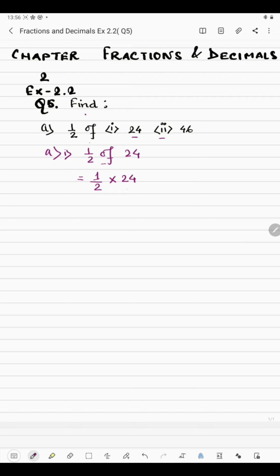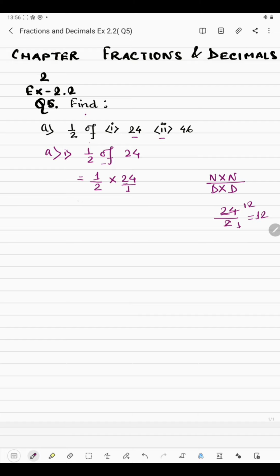Now we can multiply this in two ways. Either we just multiply numerator by numerator and denominator by denominator. Then whatever number comes, like here if you multiply numerator by numerator, we will get 24, and here we will consider 1, so denominator multiplied by denominator is 2 ones are 2. Now since 24 and 2 both come in 2's table, we can cancel it, we can convert it into reduced terms, so it will be 12.